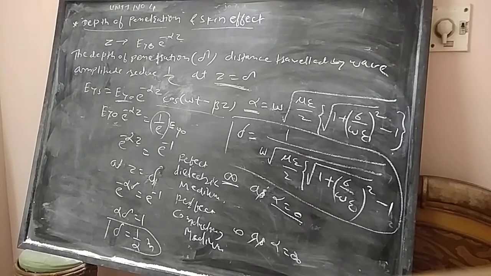At such a high frequency, the depth of penetration in good conductor becomes very small. Therefore, if an electromagnetic wave is incident at the surface of good conductor, the field component reduces to negligible values within very small distance from the surface of the good conductor, and therefore the electromagnetic field of a wave is restricted almost at its surface in good conductor, and this effect is